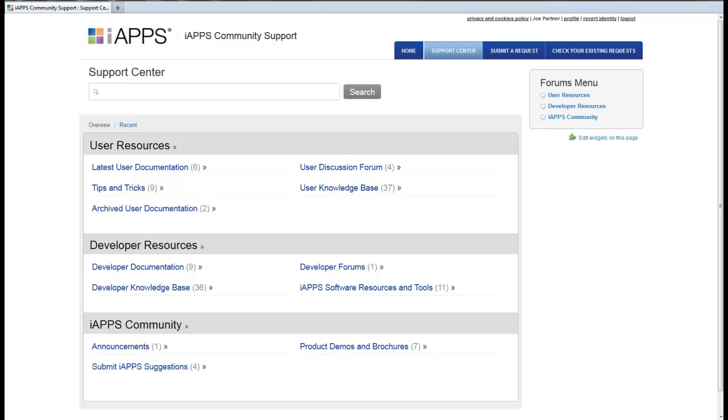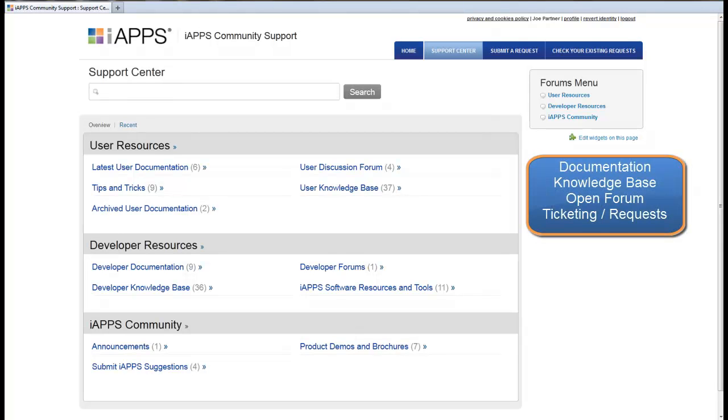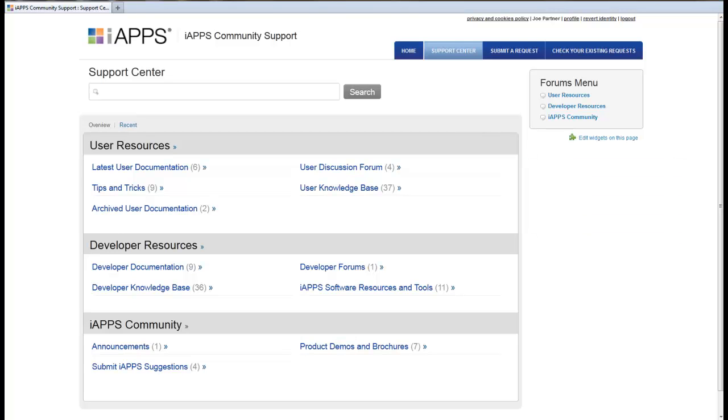The goals of the community site are pretty simple. We wanted to give our iAPPS end users unlimited iAPPS documentation, an extensive knowledge base, an open question and answer forum platform, as well as a ticketing system. So now that we get the overall gist and the overall view of the knowledge base, let's take a look